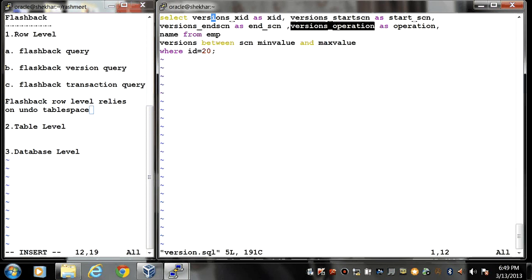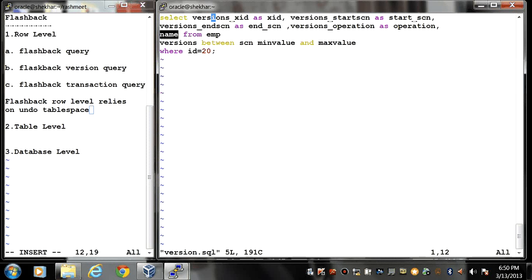Now the next column is my version operation. Now this pseudo column provides you with information about the type of DML activity that was performed on a particular row. So this column has 3 possible values, I, D and U. I represents insert, D for delete operation and U for update operation.